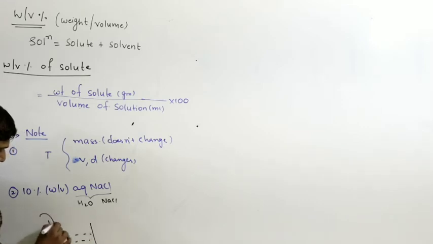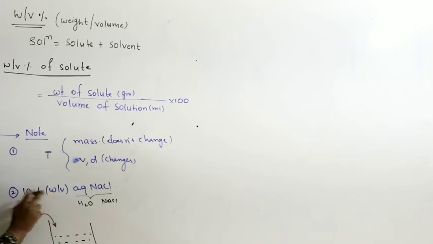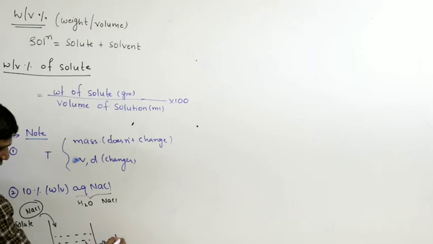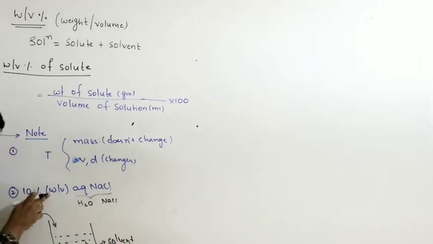In this we are dissolving NaCl. So this is the weight of the one that is present in less quantity. Usually this solid we call the solute. Now the liquid is the solvent, water is the solvent. So W represents the weight of solute, V represents the volume of the solution.